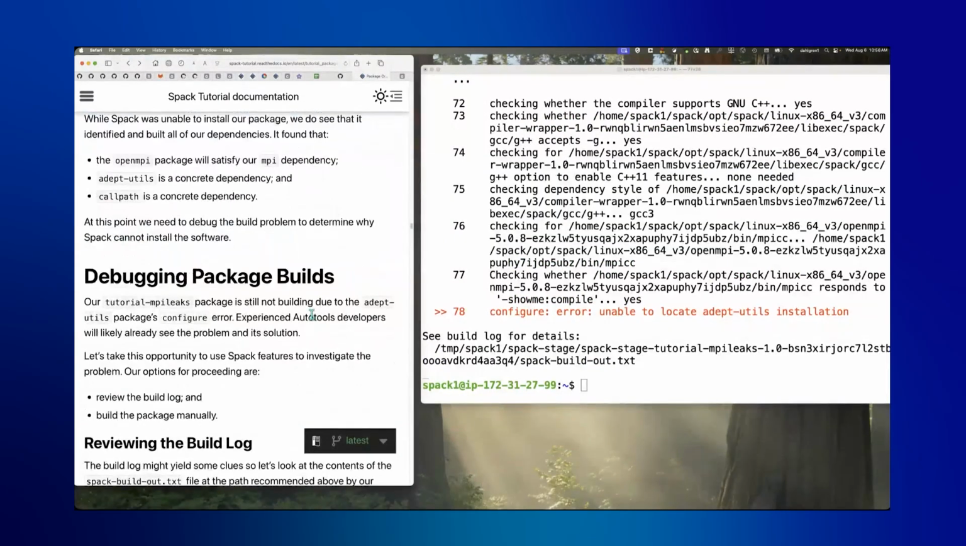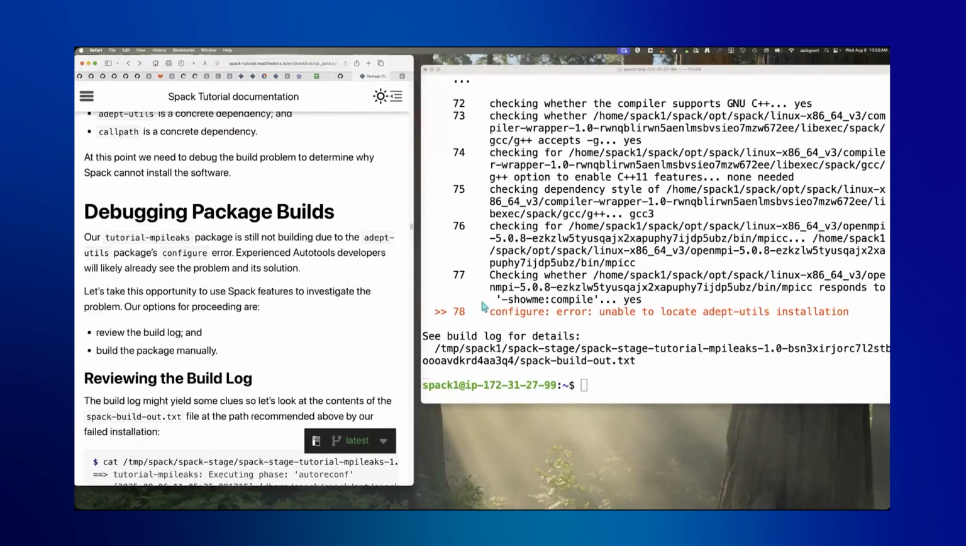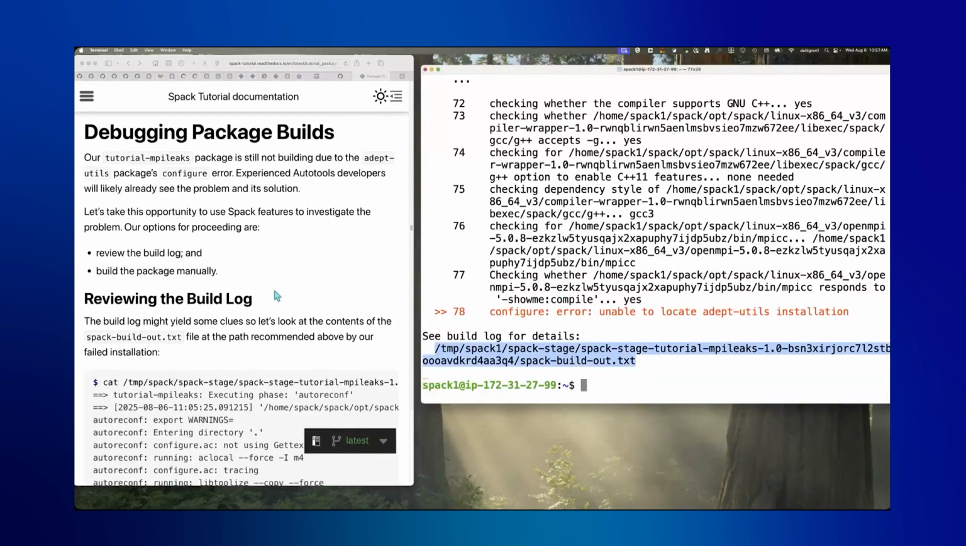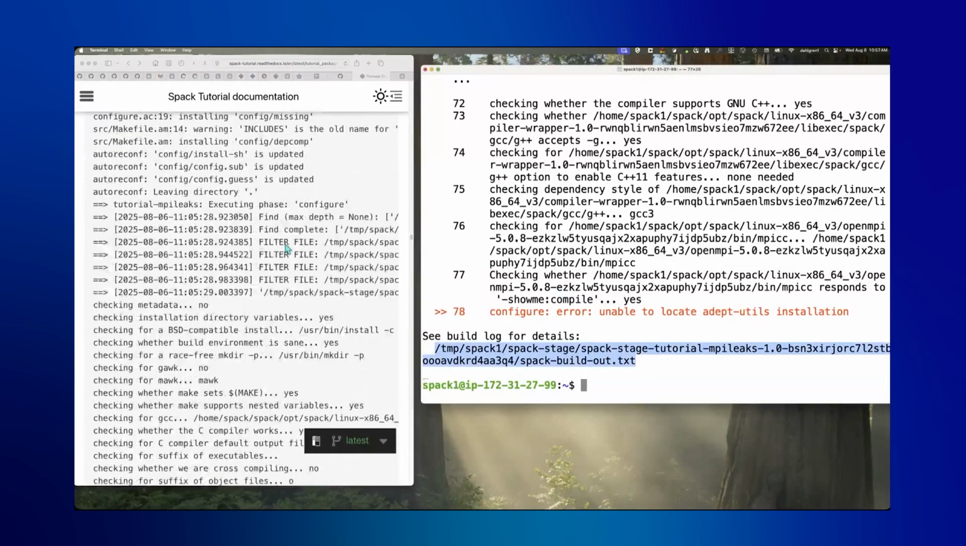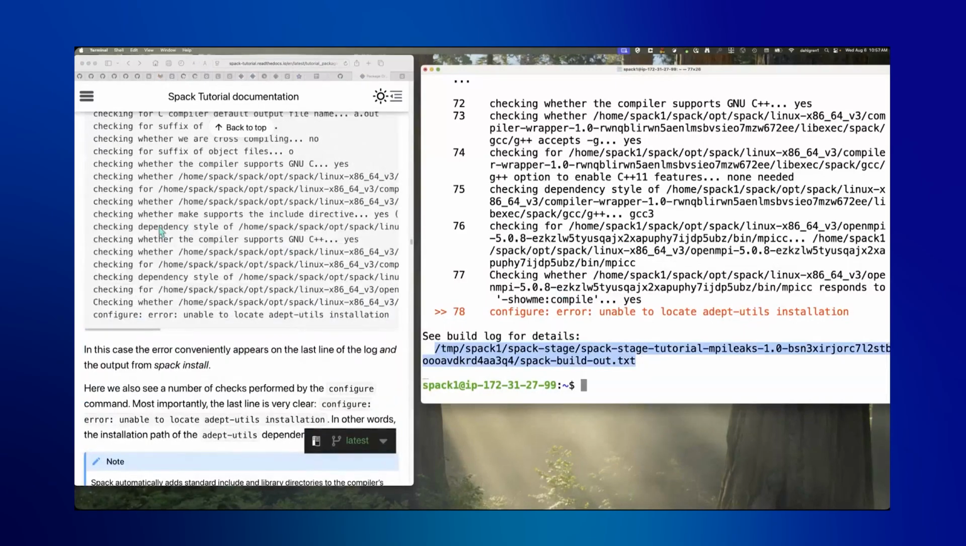We already covered that. So let's look at what you can do to debug a package that you're building or adding to. We have two options. We can review the build log, which Spack has conveniently given us the path to here, and we can build the package manually. If you cat that build log, you're going to see basically the information that we see above, and that our error is that